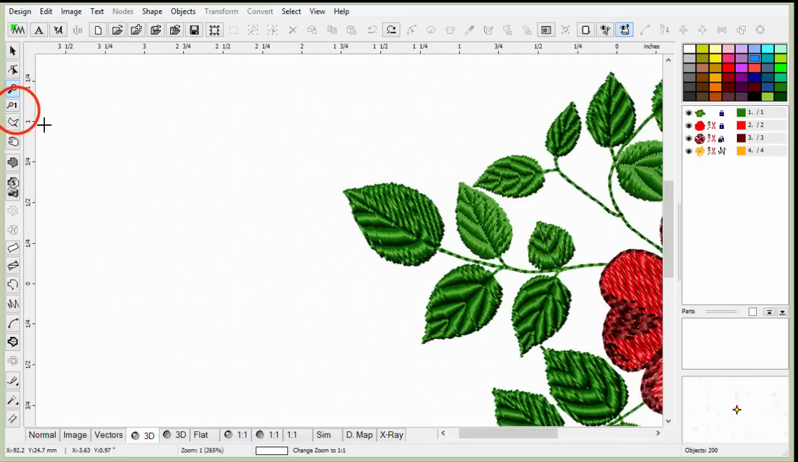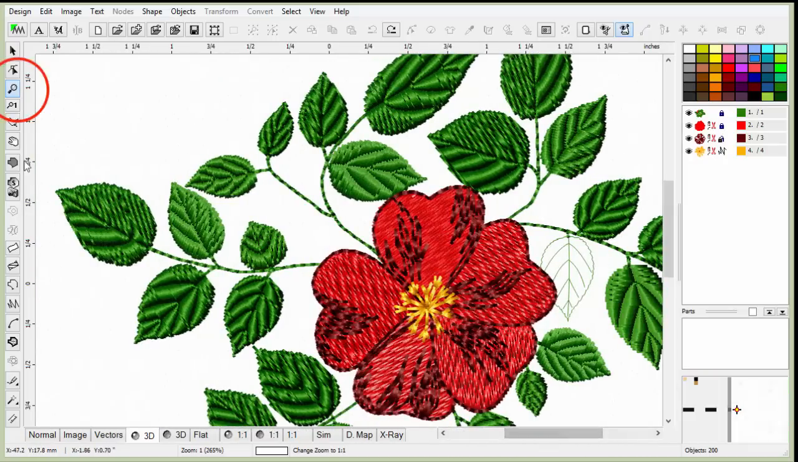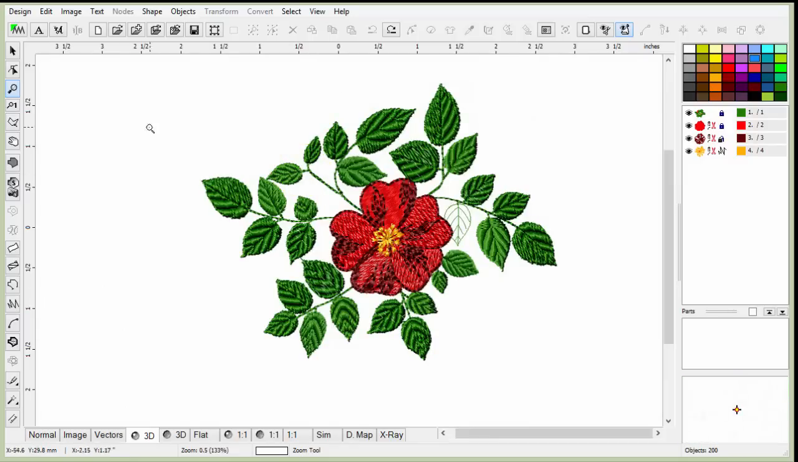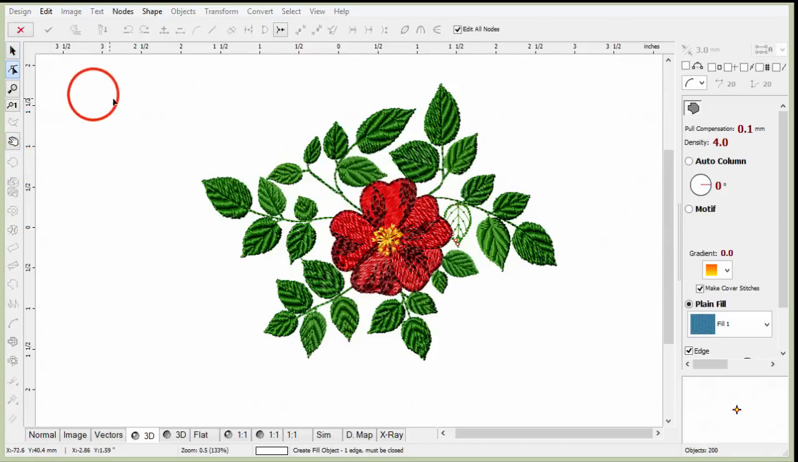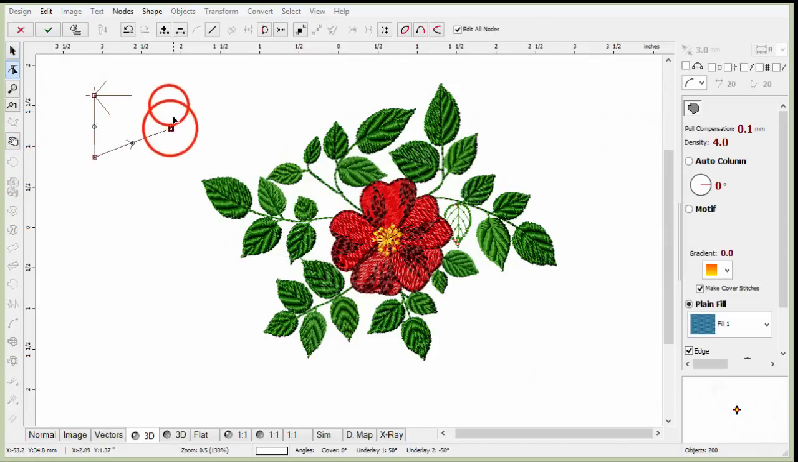This button puts it right the proper size, which is too big for my screen. So again, I'll just make it smaller just so we can see. This is pan, this little hand there, pretty standard. So you can pan around and look at different things. This one is a basic fill stitch. So we're going to just do something